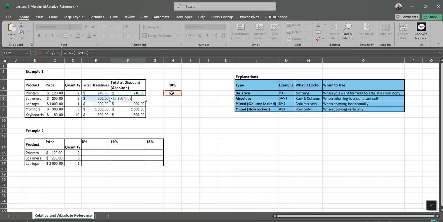Why? We haven't locked. So we should lock our discount because it's only referencing a single cell. So to do that, you come here, H4, we should lock H4. You click your F4, function 4, and you lock. But we are locking everything. We are locking the number and the letter, which means we are locking the entire cell. Everything should now reference to G. So it will now adjust